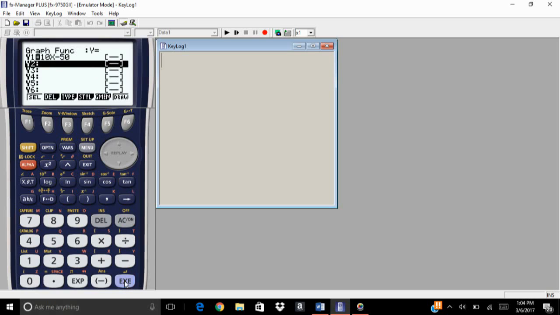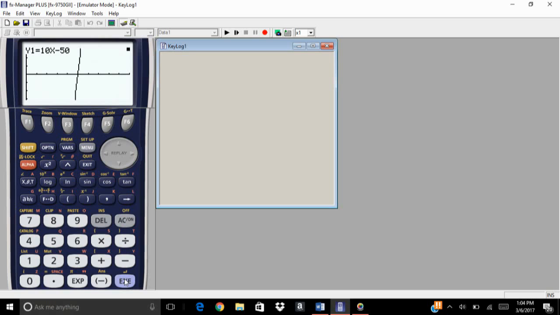I'm again going to execute it, and I can't see my graph. Okay, so again click on view window, and we have changed the value of x, but we haven't changed the value of y. Okay, so what could be the value of y? It is the shear force, so let's assume the maximum value is 100,